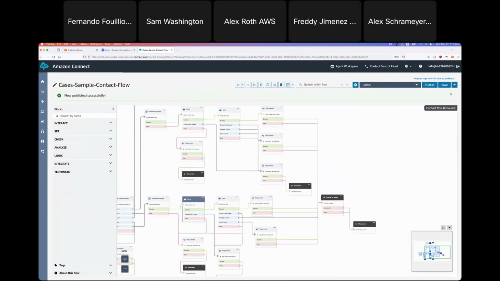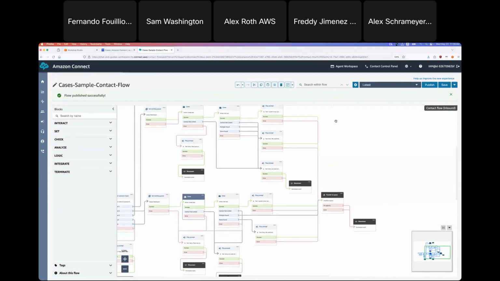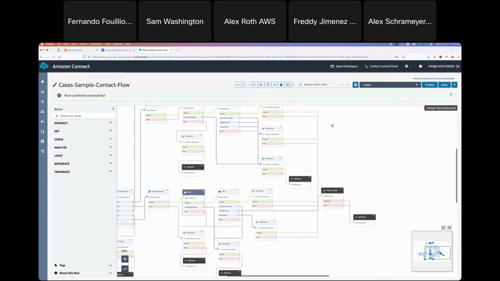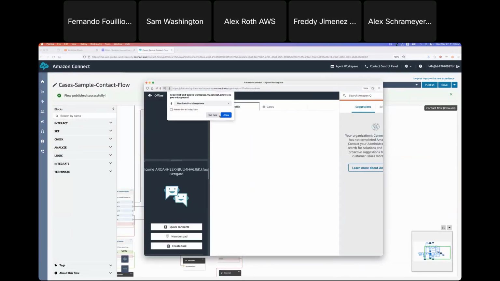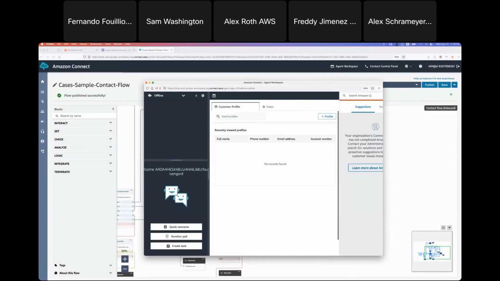In order to be able to test, we are going to open up the Amazon Connect console as an agent. And for that, we are going to click on the agent workspace. The agent workspace, you will see that it's right here. This is a view that we are going to have for our agent. And we are going to pull into the contact center with a phone number that is associated with that particular